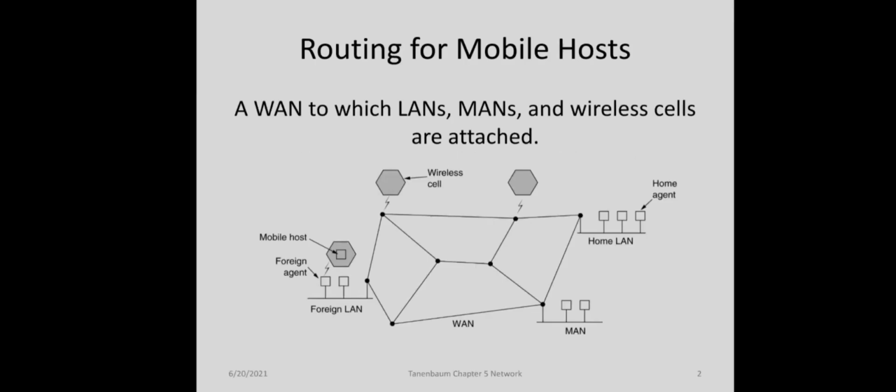Most of us are using mobile devices like smartphones and laptops to access the internet, right? And these mobile hosts introduce a new complication. Since the location of these mobile devices keeps on changing, in order to route a packet to a mobile host, first the network has to find the location. It finds the device, and only then can it route the packet. So that is the main complication here.